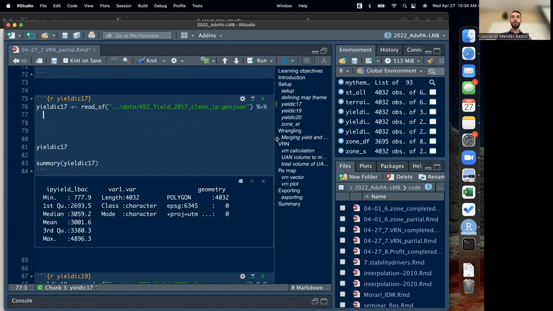For us to go from that mass value to the lint yield value, there is a conversion parameter that we use that is 40%. So 40% of the, let's say, unclean cotton seed is clean lint yield, which is what we normally want to work with. So right after that pipe, let's have a mutate. Let's create a column called yield 17 underscore LBAC for pound per acre. This column is basically going to be this IP yield pound per acre variable that's already in this data set